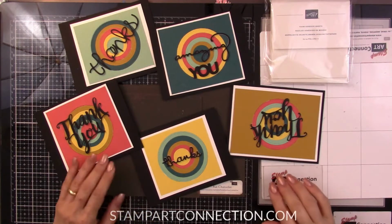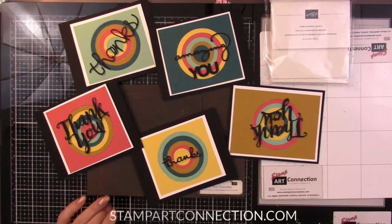Demonstrator, and I want to demonstrate a technique that's called the frame die cut technique. This technique I've seen done by another crafter who I love watching. I thought it was incredibly complicated, because there were really a lot of different